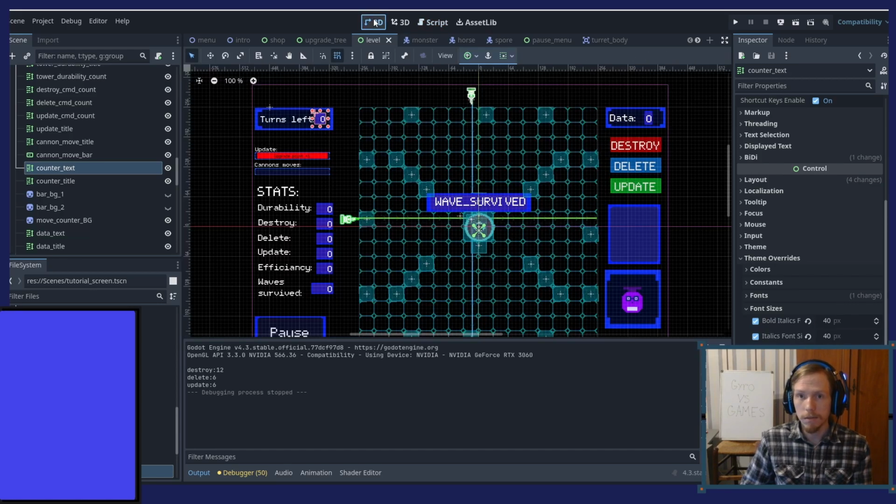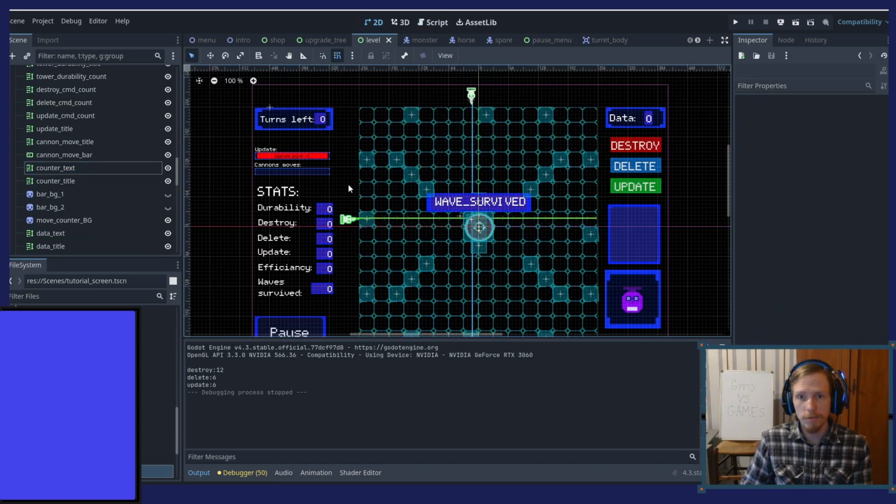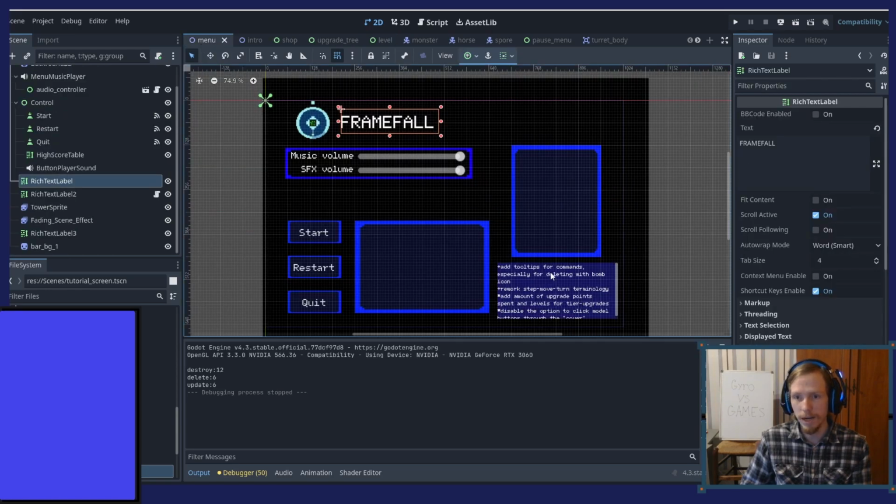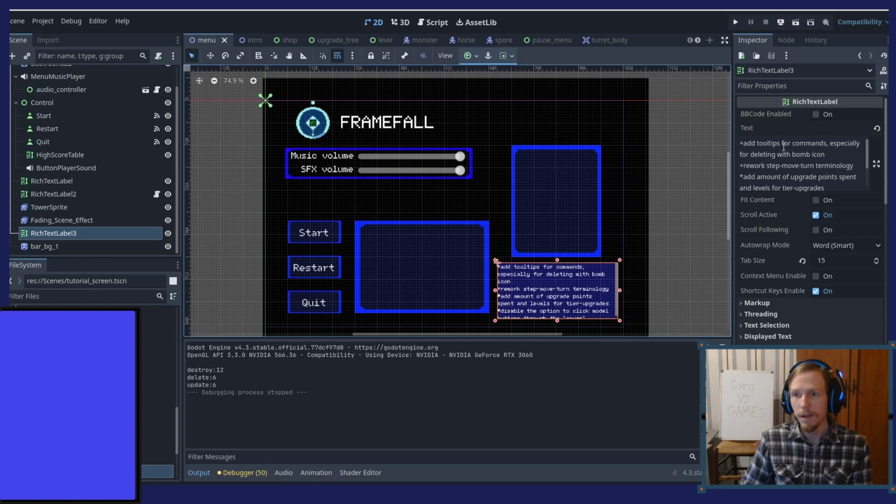But yeah, today was a lot of really tedious work. So I added tooltips, not just for commands, especially for delete with bound icon, but for a lot of stuff on the screen. I added some stuff to the tutorial.